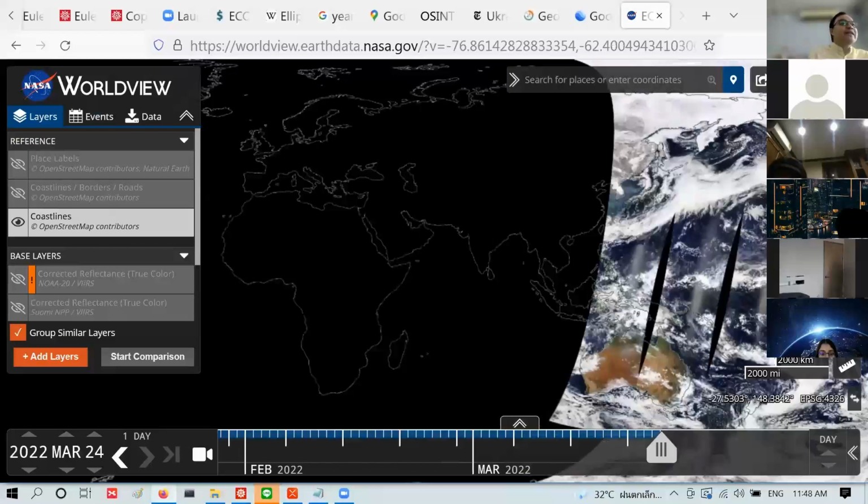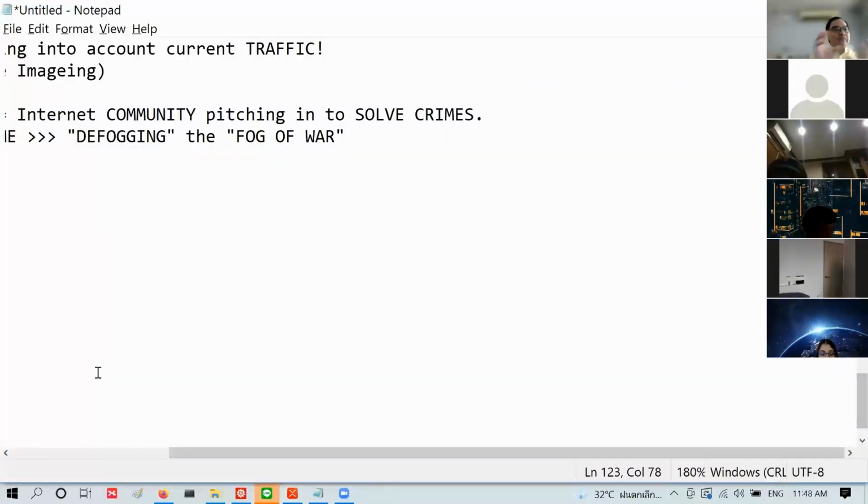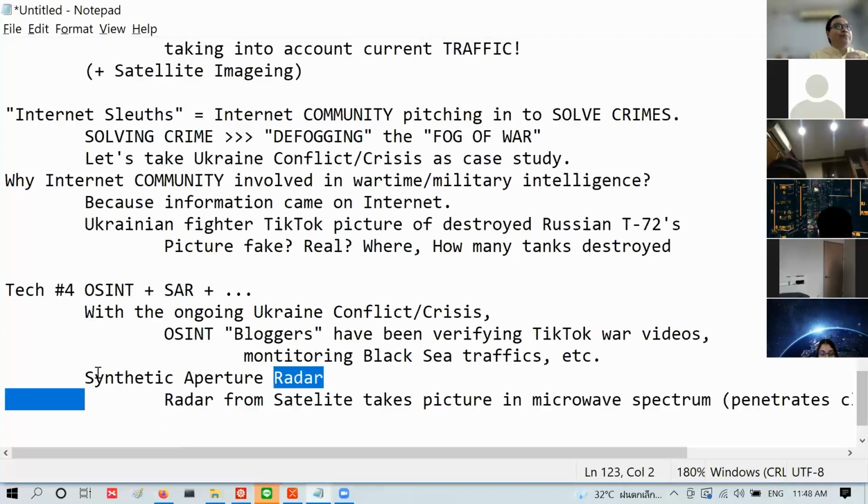Now, the reason it's called synthetic aperture is that if you take one picture from just one spot, you don't get high resolution. You need a big camera. Well, they can synthesize a big camera by having the satellite take a picture here, then a few seconds later take another picture, then a few seconds later another, because the satellite travels very fast. In a few seconds it has gone another 2, 3, maybe 10 kilometers. So it's taking many pictures from many perspectives, and all those together simulate what's called a big aperture.